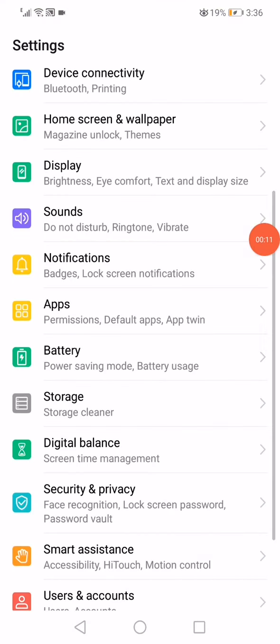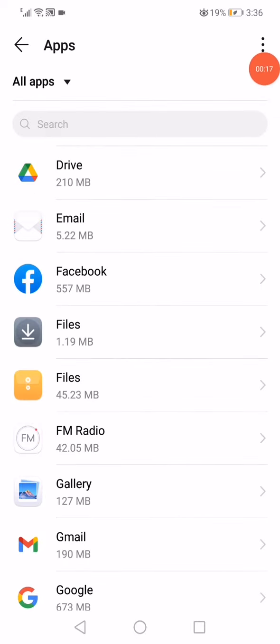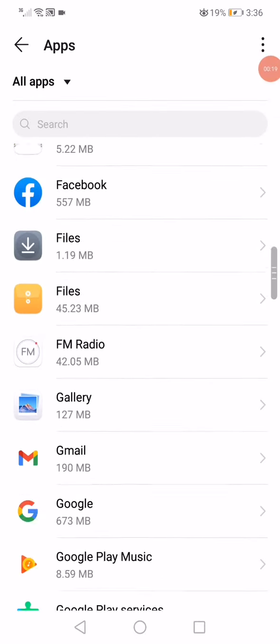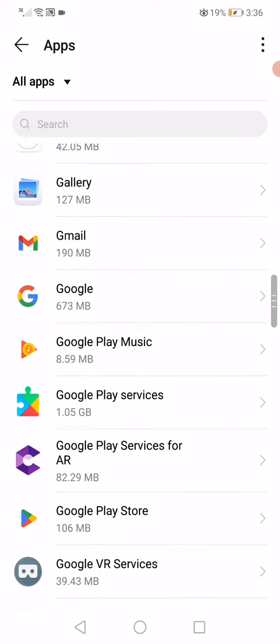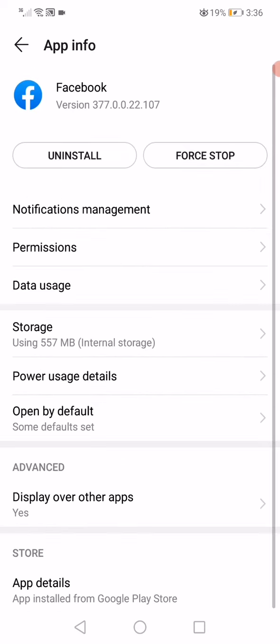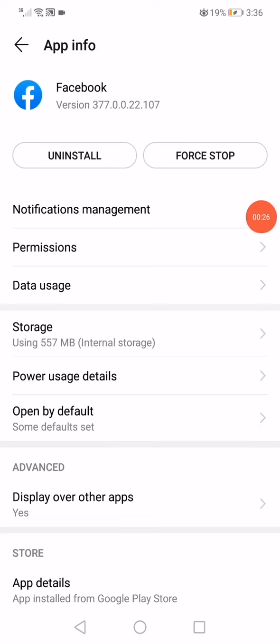Go to the settings on your phone and then go to the apps and then go to apps here in the top right. Here on this page, as you can see, you will find the apps that you have on your phone. Go to Facebook, click on it, and now all you have to do here is go to